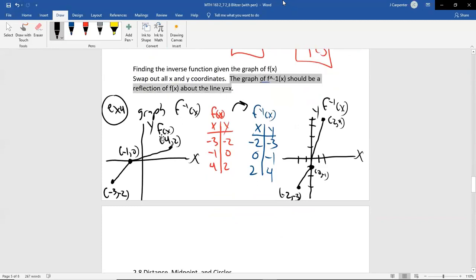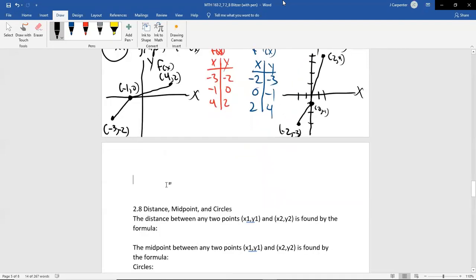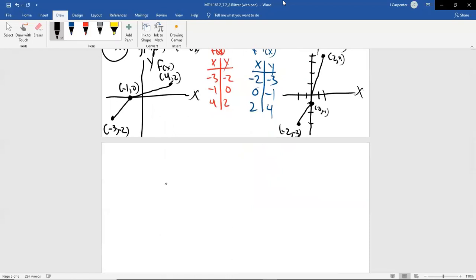You might be able to see it with them on separate graphs, but let's actually put them on the same graph for a demonstration, and then we'll be done with the section. So let's put both the function and its inverse on the same graph. I'll also graph the mirror, that line y equals x, and I think we'll be able to see it. So in red, I will do the original function. Let me go ahead and label my axes and numbers.